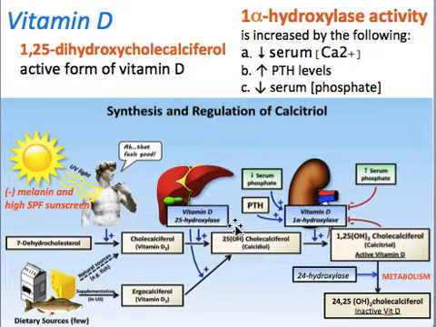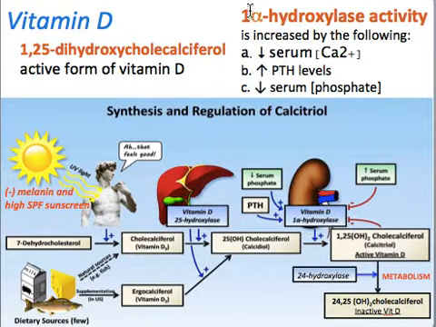It's hydroxylated in the liver by your 25 hydroxylase enzyme to become your 25 hydroxyvitamin D or 25 hydroxycholecalciferol. And then in the kidneys, it's acted upon by your 1-alpha hydroxylase to become your activated vitamin D, your 1,25